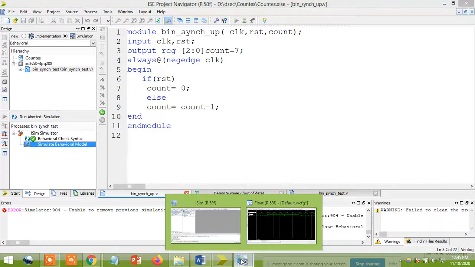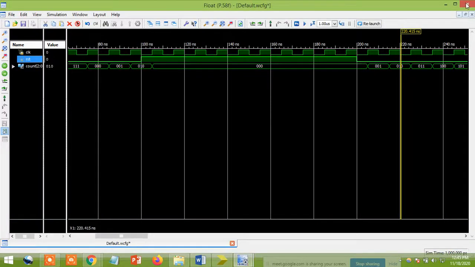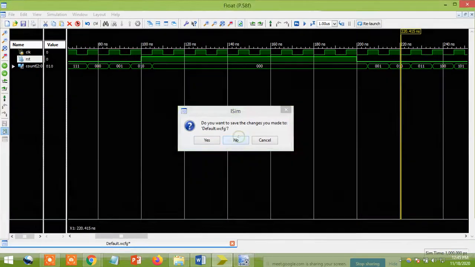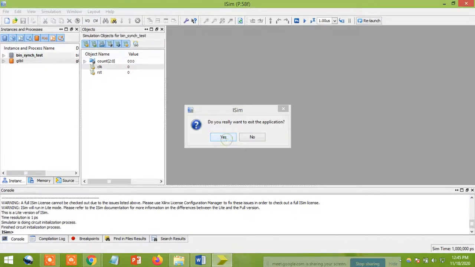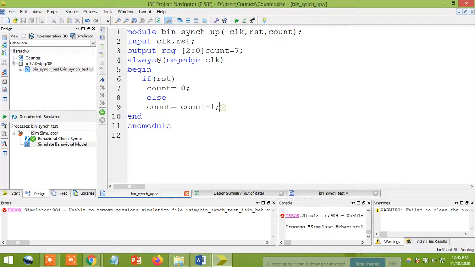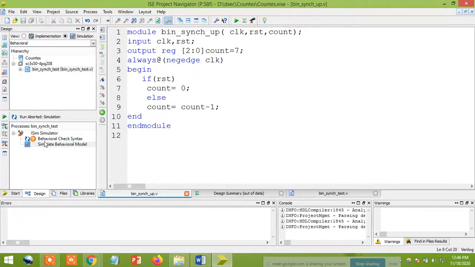That's why I'm telling you, if a waveform is there, close this one first. This project also, just close. In that case you just remove something: I'll remove the semicolon and again add the semicolon, just save and check it out. Yeah, now I'll go to simulate behavioral model.